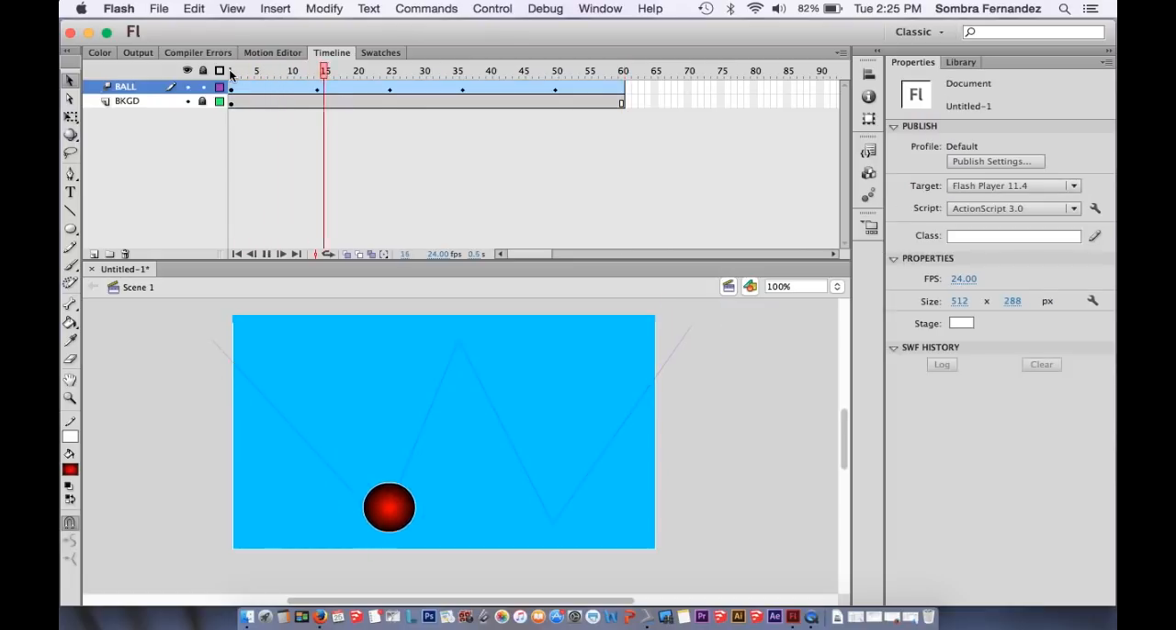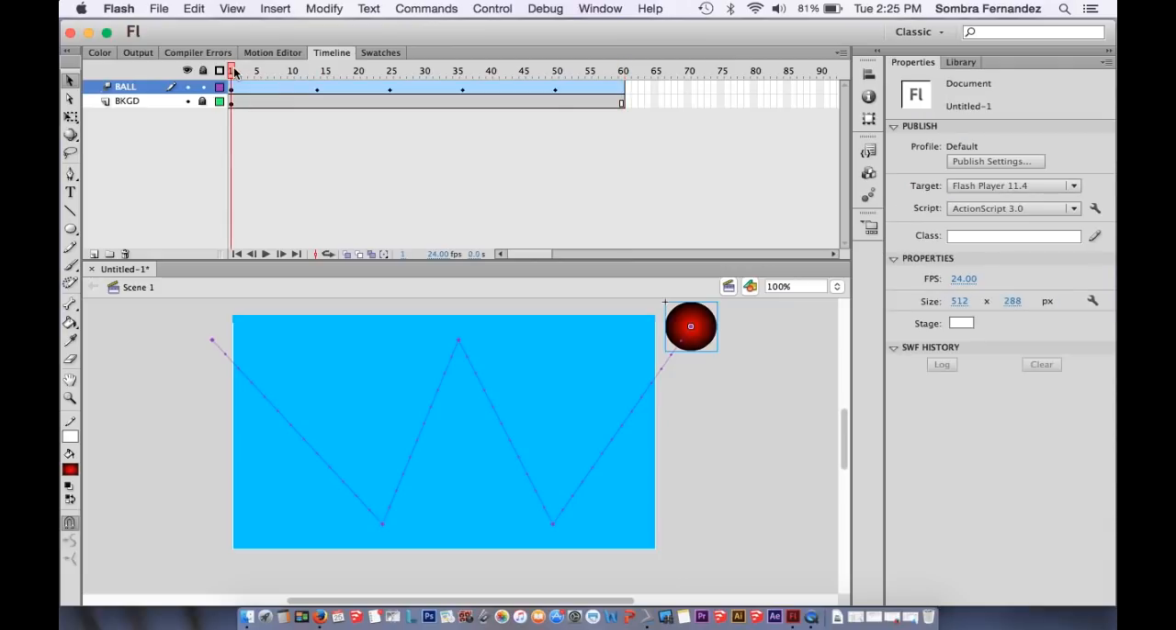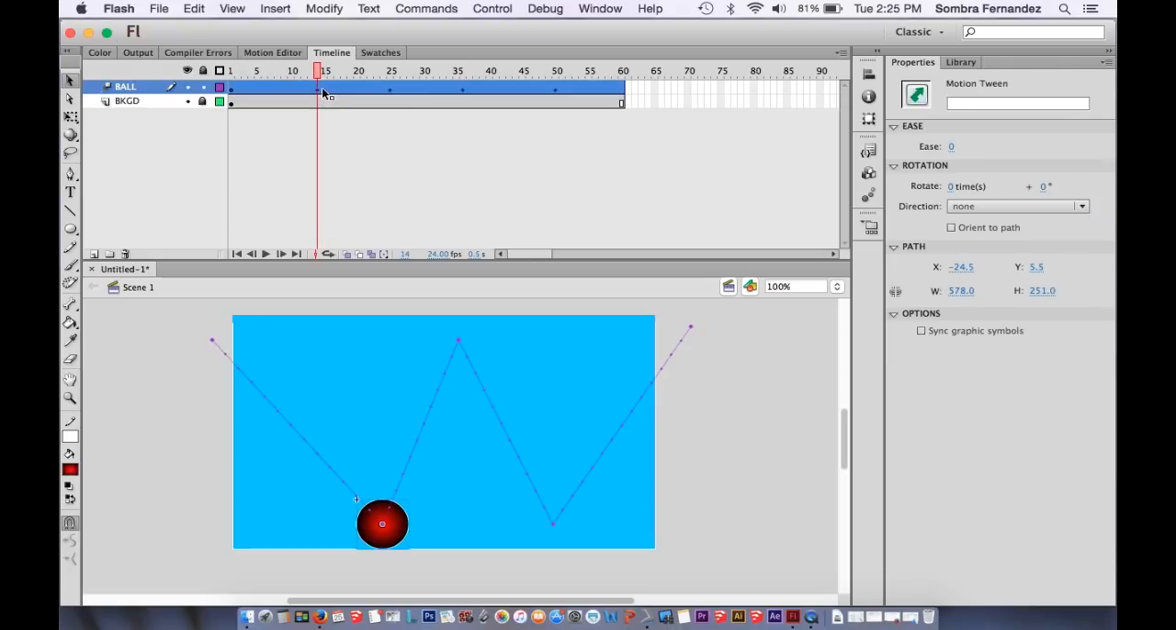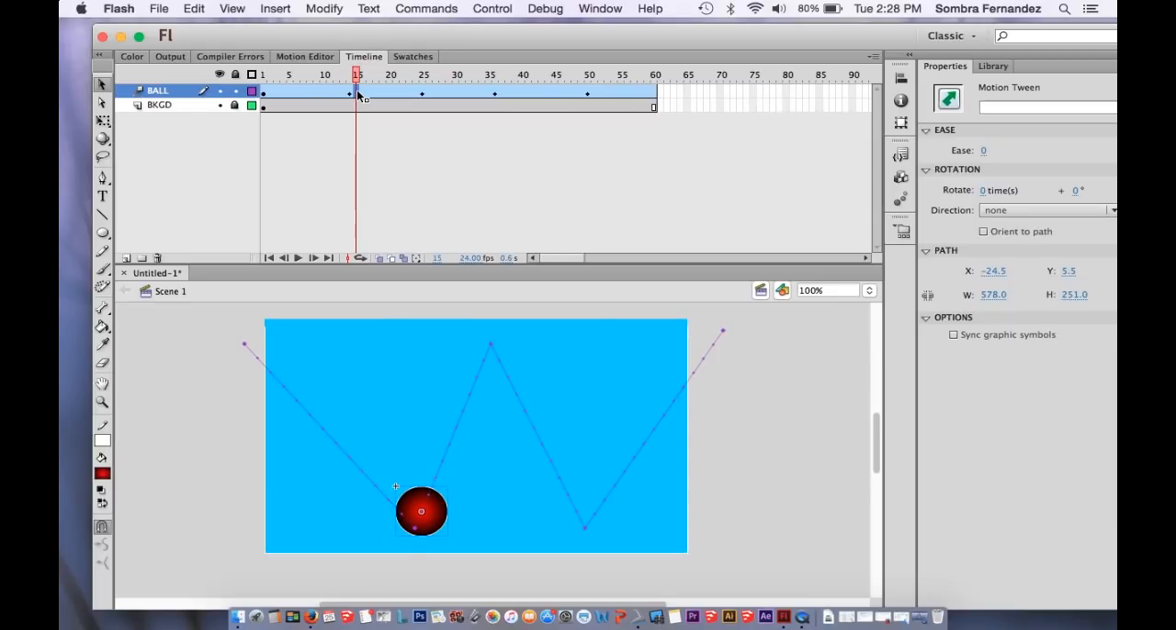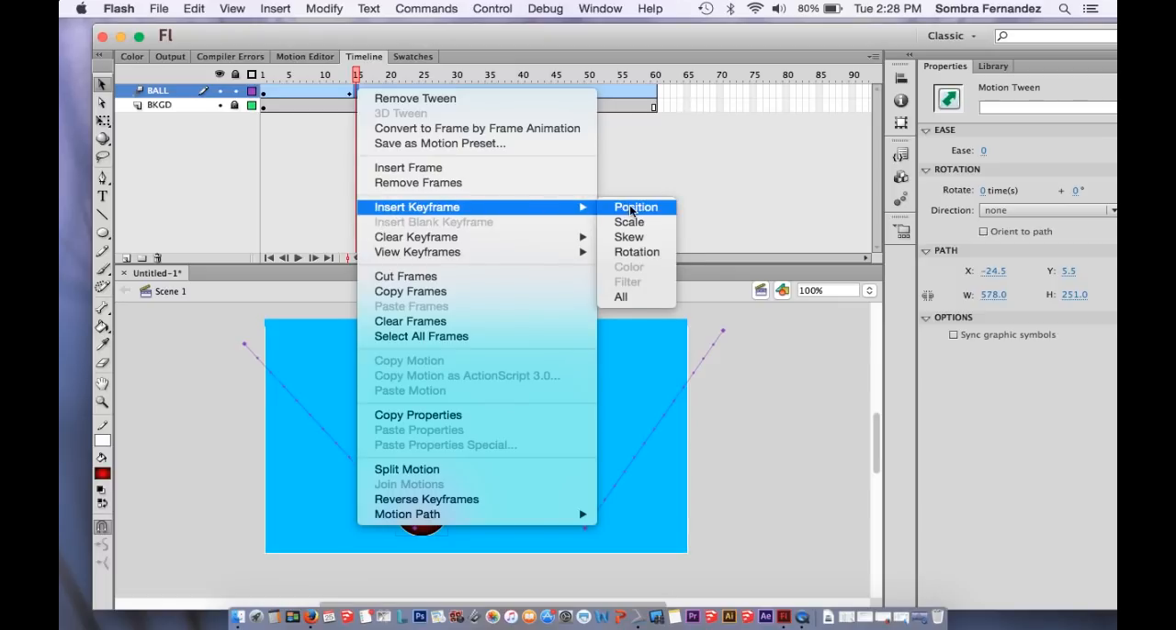But if I play it again, look closely, it doesn't seem to be bouncing really. It just seems to be an object that moves in different places, but doesn't really show any definition to the bounce. The best way to modify that is to click on the frame right after the ball bounces on the timeline. Right click, so control click on frame 15, and we're going to insert a keyframe, and we want to